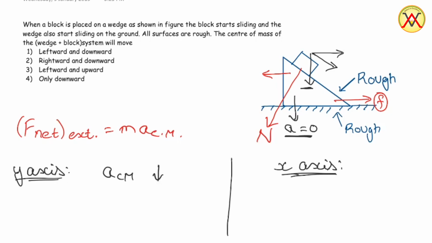So I can say, since the net external force is in this direction, the center of mass will have acceleration in this direction. So I can say that the net acceleration of the center of mass will be rightward and downward. So our answer will be option